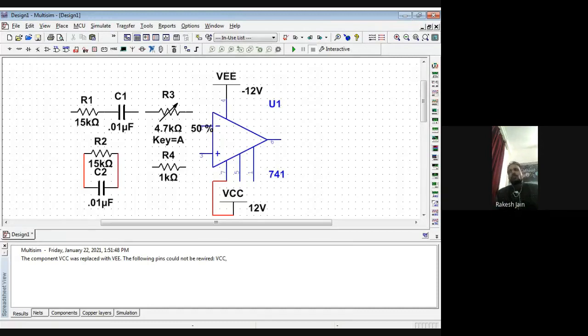Okay, so when we focus on the diagram again, we see that the series combination of resistor and capacitor is connected with the R3 pin, that is of the 4.7 kilo ohm variable resistor. The series capacitor pin is connected with R3. So here, see, we connect this one. In that diagram we see that in the series combination of resistor and capacitor, one arm is connected with the parallel combination of resistor and capacitor. So here we connected this one.